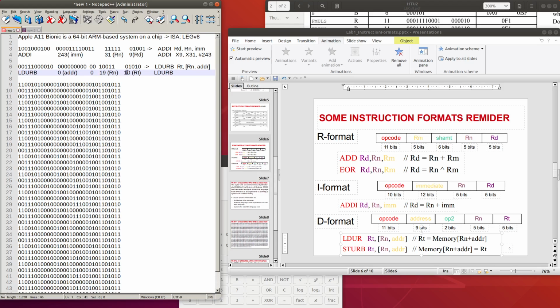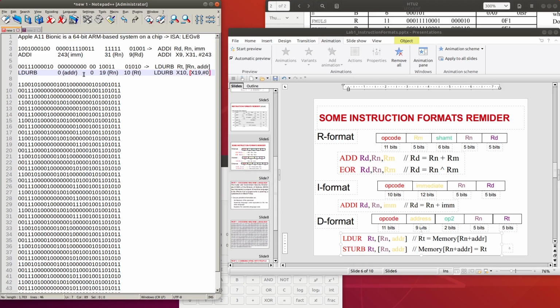No, RT is 10, and so here the 10, the register 10, X10, and then RN 19, X19, and the address 0, so hash and then 0.